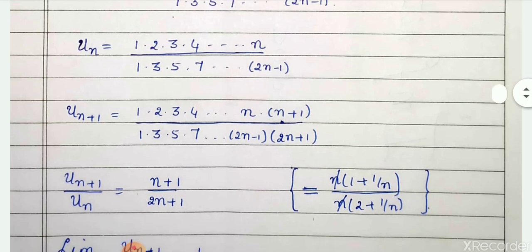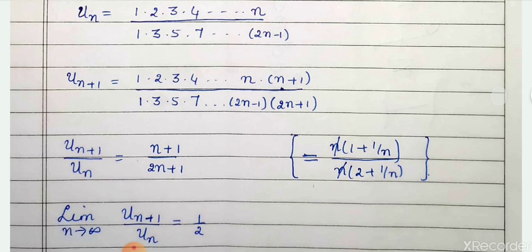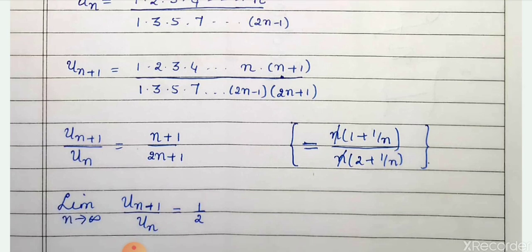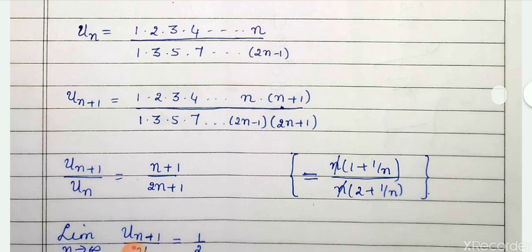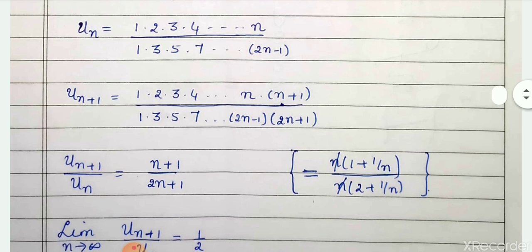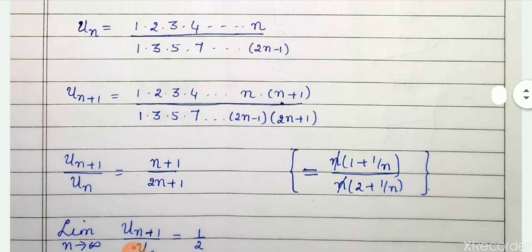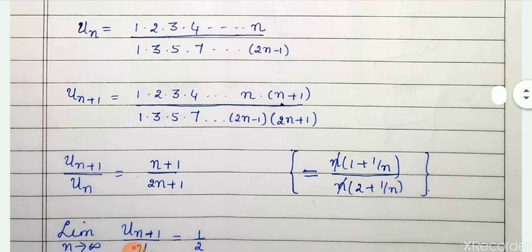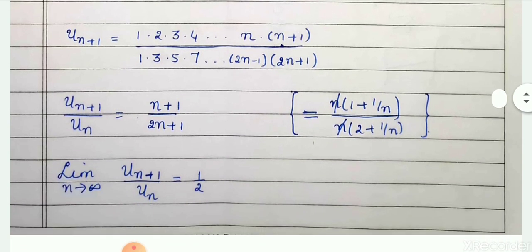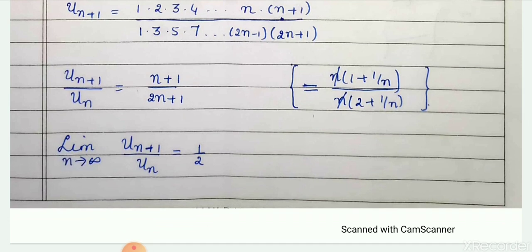Since you are going for D'Alembert's ratio test, you have to take the ratio un plus 1 divided by un. And when you go for that, all the terms up to nth term will get cancelled and what will remain is simply n plus 1 divided by 2n plus 1. Then as usual, since you are going for the limit, you have to express the terms as 1 by n. We take n common in the numerator, rewrite it. n common in the denominator, rewrite it. n gets cancelled and then take the limit as n tends to infinity. The answer you get is 1 by 2.